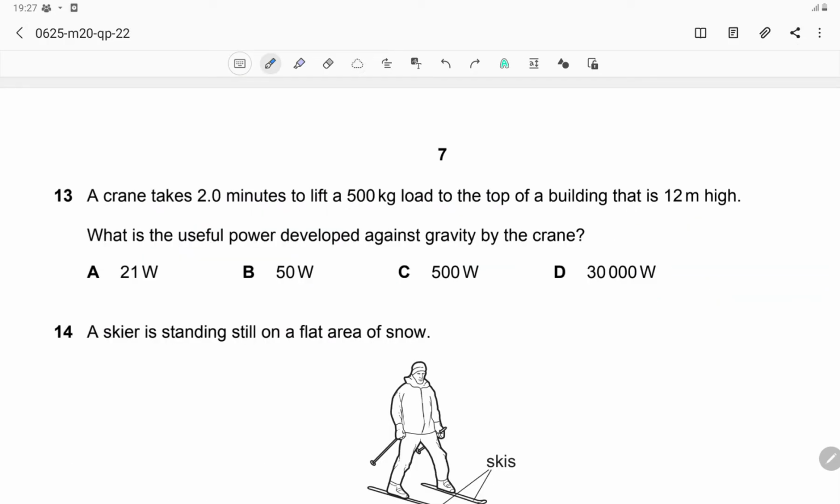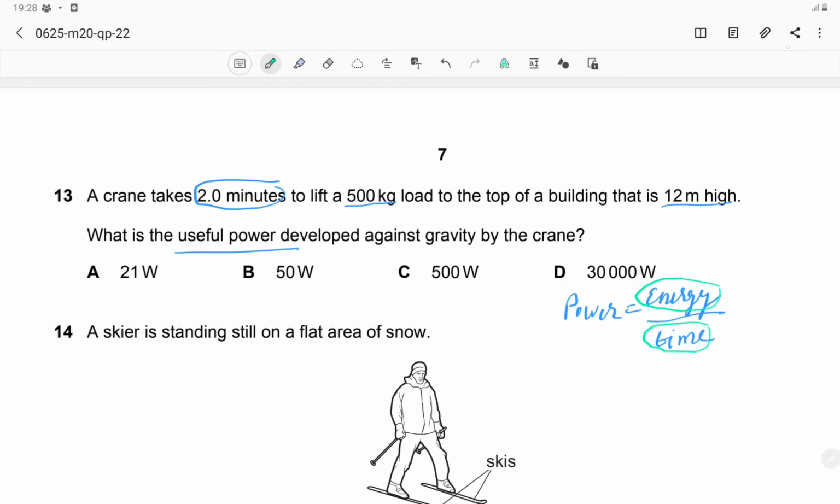Question 13. A crane takes 2 minutes to lift a 500 kg load to the top of a building that is 12 meters high. What is the useful power developed against gravity by the crane? So here in order to find power, you can use the equation power is equal to energy over time, where time is provided, but we need to find the energy. How much energy do we have to apply in order to lift 500 kg of mass to a height of